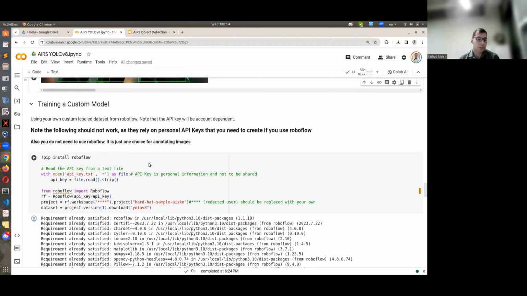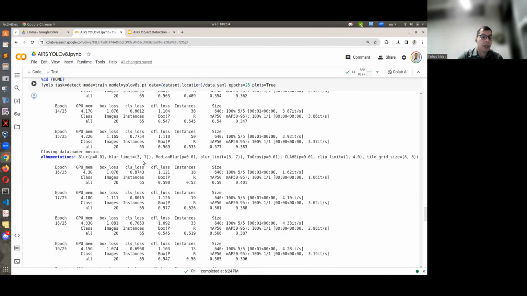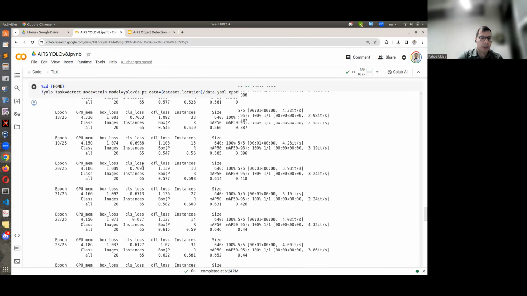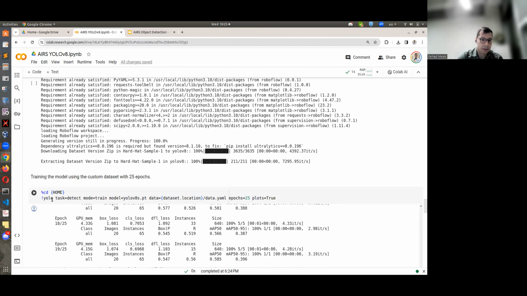Interestingly enough, the process for running or training this model is a single line, the training line. It's yolo task equal to detect, then the mode for training, then the model that you have, and the data that you have, the number of epochs, and whether you want to plot the output.